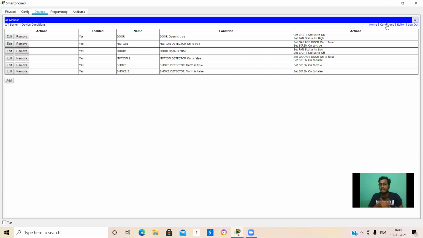Now we have given that if the door is open, the light and fan will be on, so we need to turn them off as well. When the door is closed, automatically the fan and light are turned off. Next, coming to the smoke detector: when the smoke detector is on, the siren alarm will be on, and when the smoke detector is off, the siren alarm will be off.